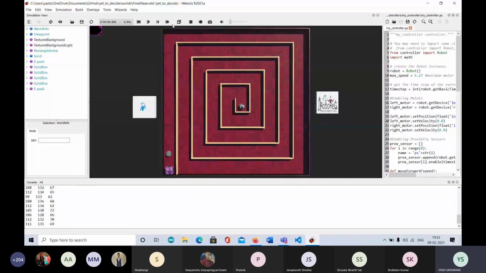If I play it and fast forward it, you can see that it's able to turn when there is a wall in front. It sees a wall in front of it, and everything has been done using the distance sensor. There's a camera overlay here as well, but it's not showing anything because I haven't used the camera at all, whereas in the previous section I had used a camera.